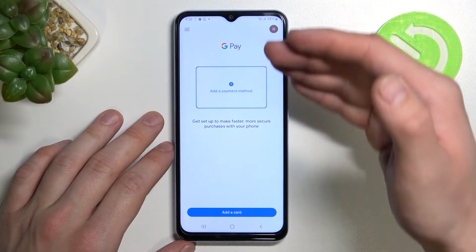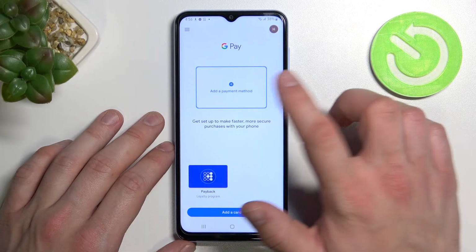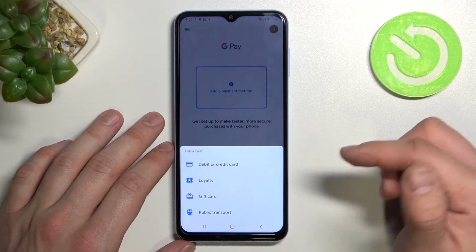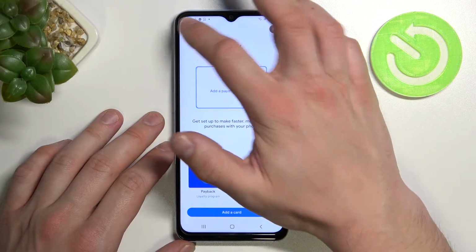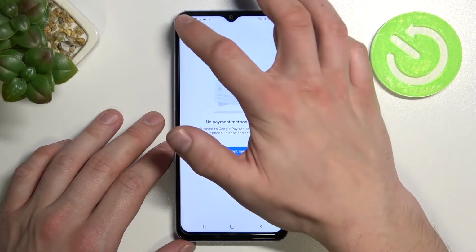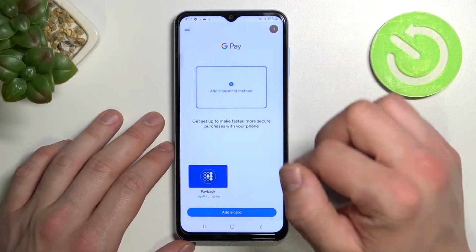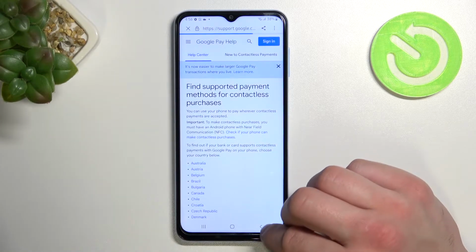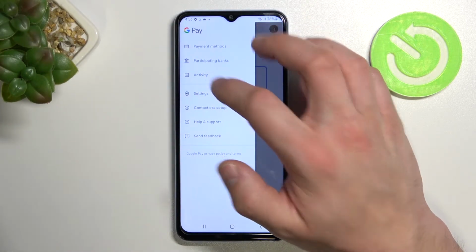As you can see, this is the homepage of Google Pay, and from here you can add payment method, different types of cards, and you can manage all of your payment methods. Next, you can check full list of participating banks, your activity,